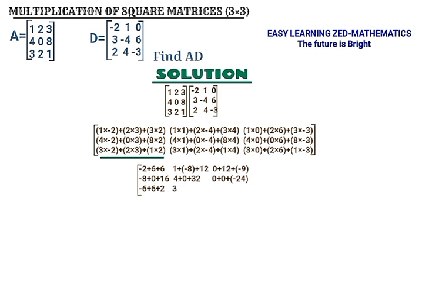So we will have 3 by 1 will give us 3. Then 2 by negative 4. So I'm multiplying that where I've underlined. 2 by negative 4 will give us negative 8. Then plus 1 by 4 will give us 4. Okay. Then I'm going to go to the last